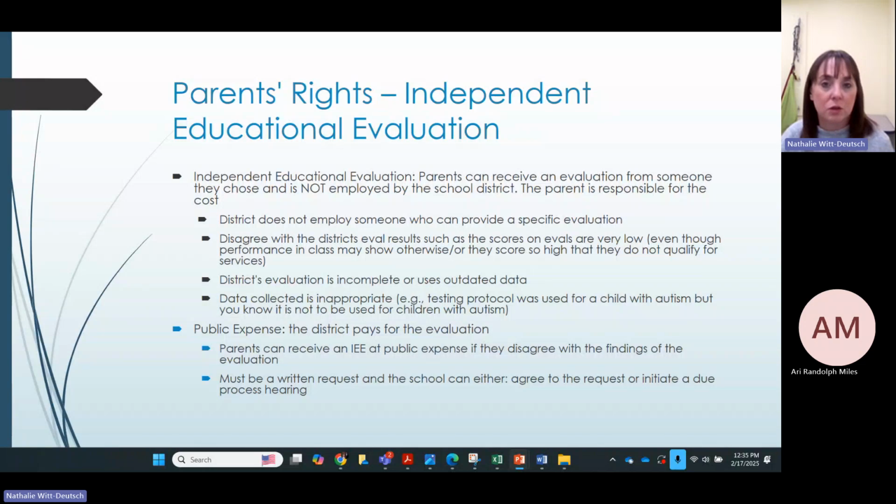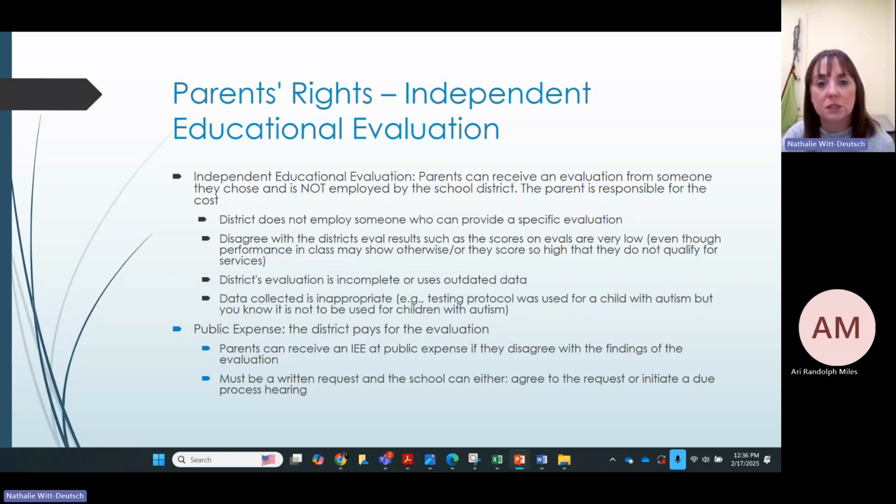You can look to see about getting an independent educational evaluation. You disagree with the district's evaluation results, such as the scores on the evals are very low, even though performance in class may show otherwise, or they scored so high that they no longer qualify for services. So you disagree with the results that the district provided, and therefore you want to seek out an independent educational evaluation. Or the evaluation that they used was incomplete or used old, outdated data, or the data